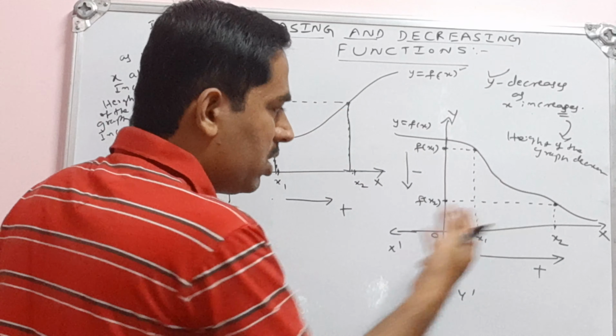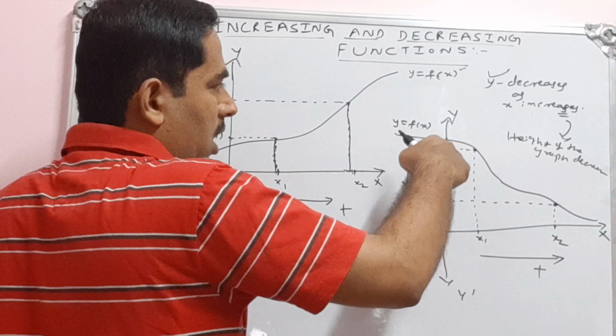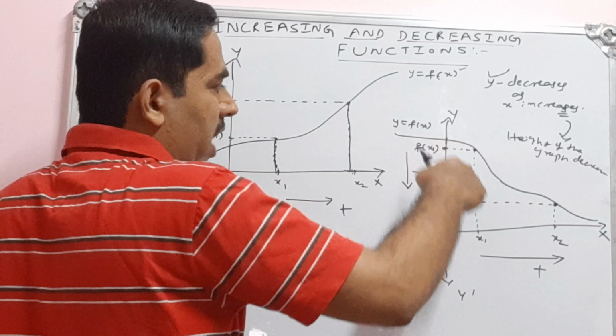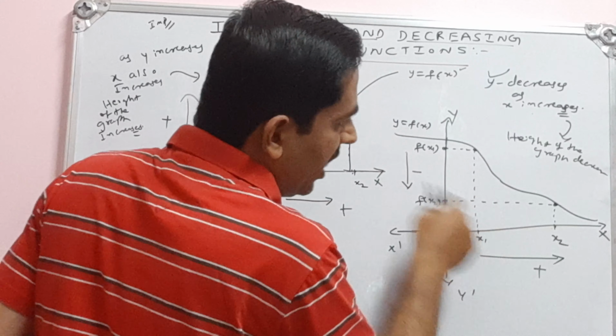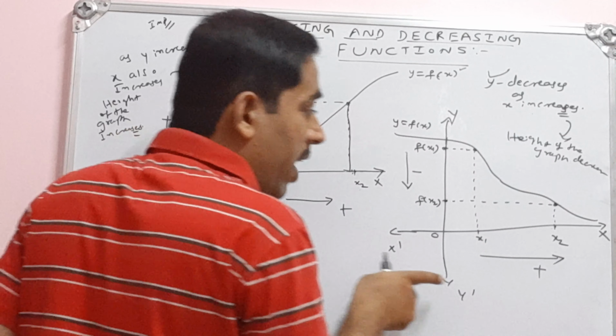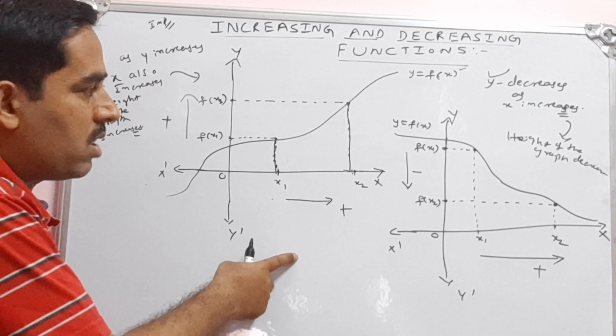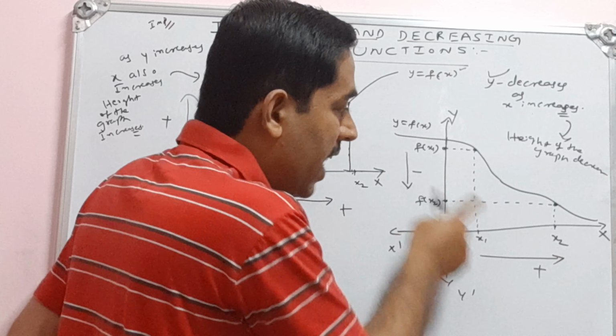Now exactly the opposite of that. Opposite to this graph. See here, as we move towards the right side of 0, in both cases we are talking about the right side of 0. Here we constantly observe that the height of the graph decreases. Here the height was this much and it comes down. The value of y decreases as the value of x increases. So y increases as x increases in one, and y decreases as x increases in the other.